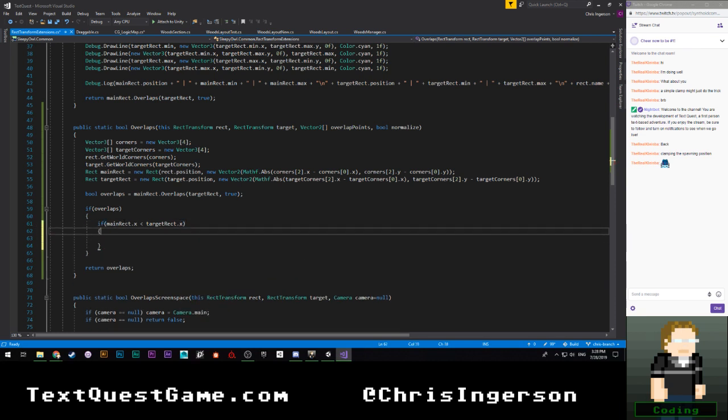So if it's to the left, we then need to say, well, if it overlaps, trying to think, if it overlaps, it's impossible for it to be too far to the left for them not to overlap, if that makes sense. So that means if main rect.x is less than target rect.x,